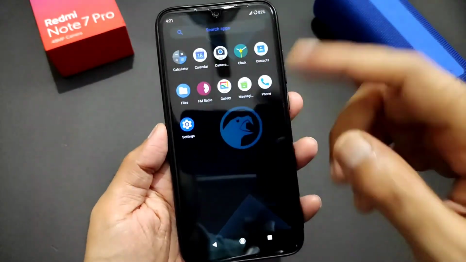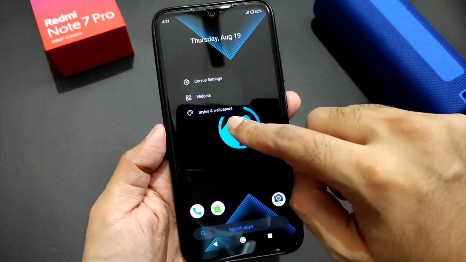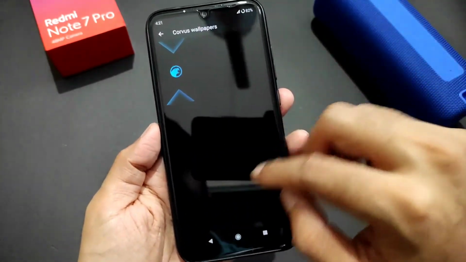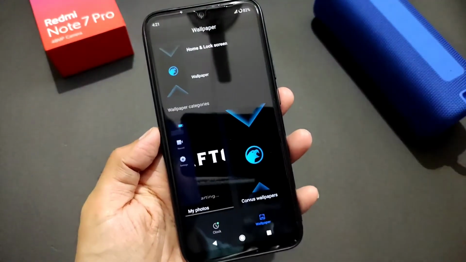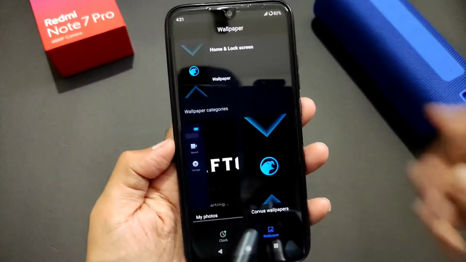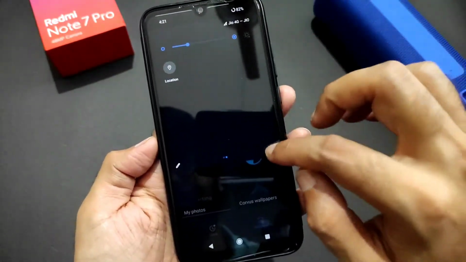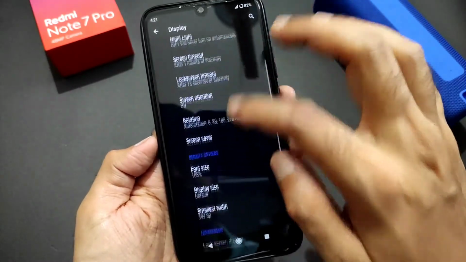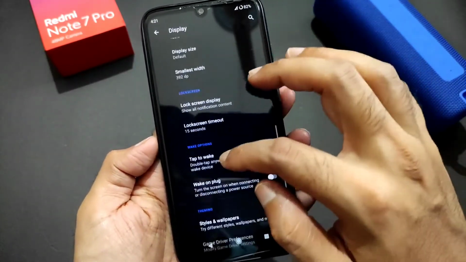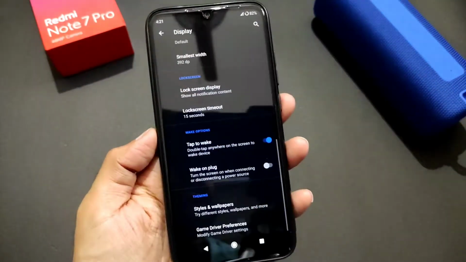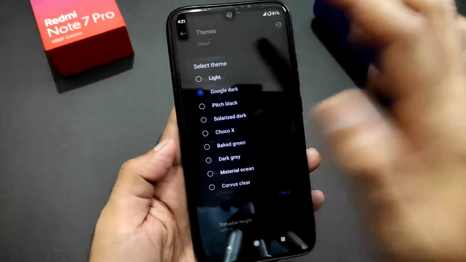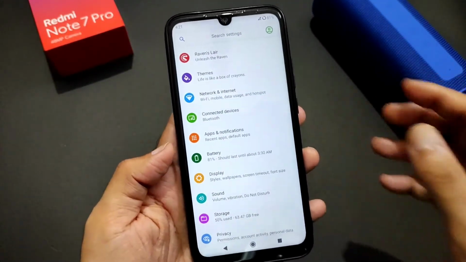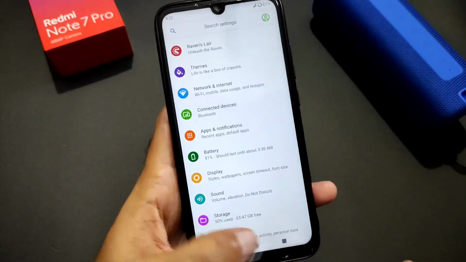And this is the home app drawer, and this is the home screen. You get styles and wallpapers. You get plenty of wallpapers here. CorelDRAW wallpapers, only one. And this is the vanilla OS I flashed here. If you want, you can flash GApps also. Let me change this dark theme once. From here, I'll make it light. You need to go into this theme settings, then only you can enable or disable the dark theme.